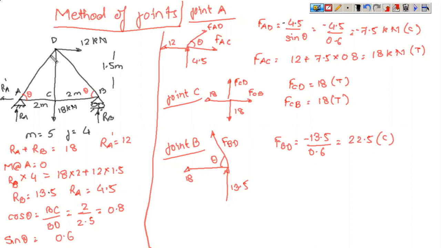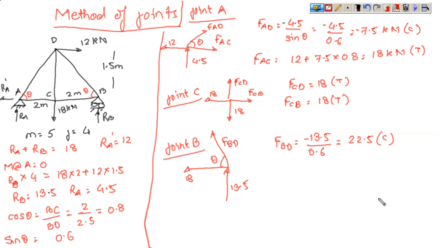Whereas if you solve joint B, simply by using Lami's theorem, you can calculate the unknown force in member BD, because that is the only force that you require. All other forces have been previously found out. So simply draw the diagram of joint B, isolate it from the truss, and you can calculate the value of FBD. So these are the various forces in all the members.